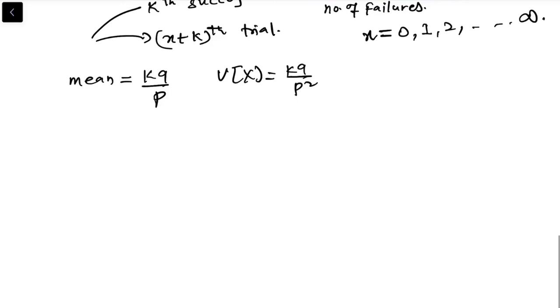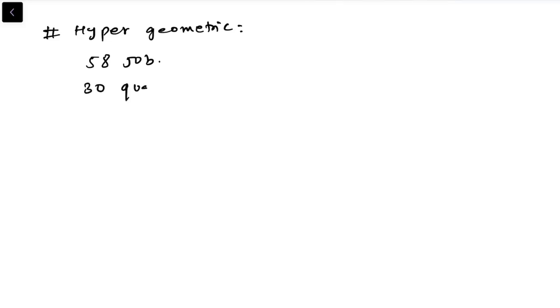Now let's look at hypergeometric. Let's understand this from an example. Suppose there are 58 people applying for a job and only 30 have a particular qualification. If 5 of the group are randomly selected for a survey about the job application procedure, what is the probability